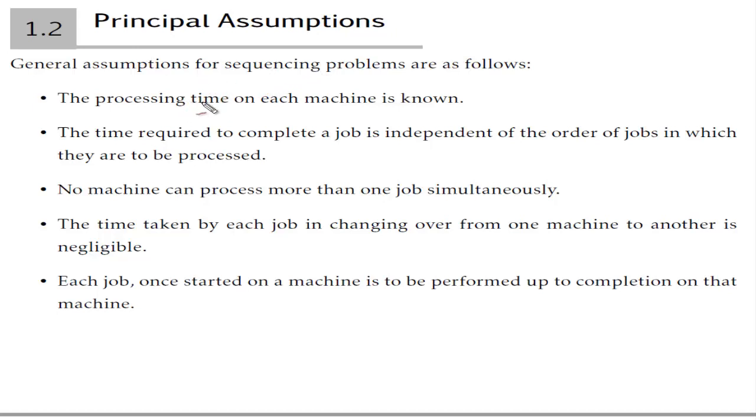जो processing time आपकी machine का है, we have to know that, because उसी से तो हमें पता चलेगा ना कि हम सीक्वेंसिंग कैसे करेंगे, because it will be kind of a shortest job first, right? So that they will finish it up. So that means we need to know एक मशीन कितना टाइम लगाती है प्रोसेसिंग के लिए. ओके. दूसरा, अब जो टाइम लगता है एक जॉब को करने में, that is not dependent on some other